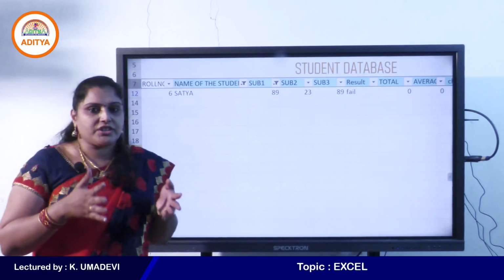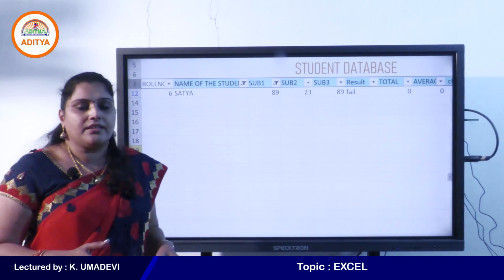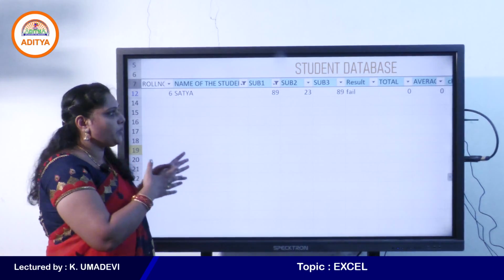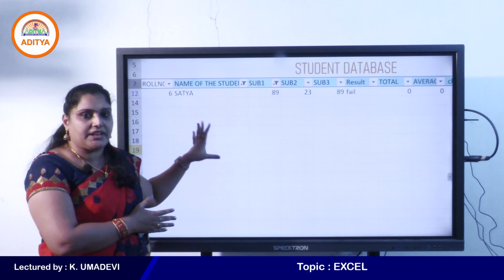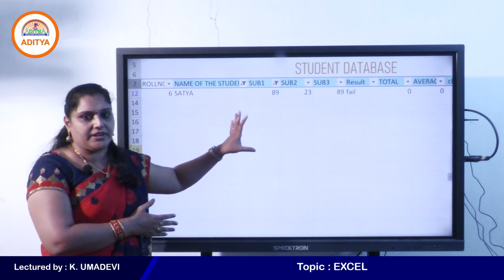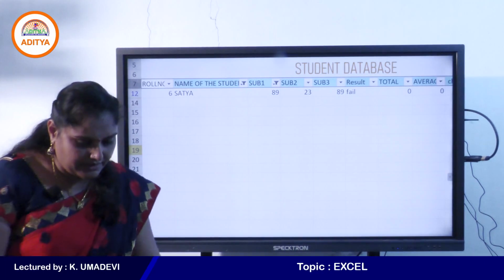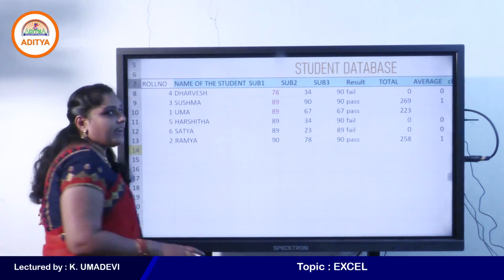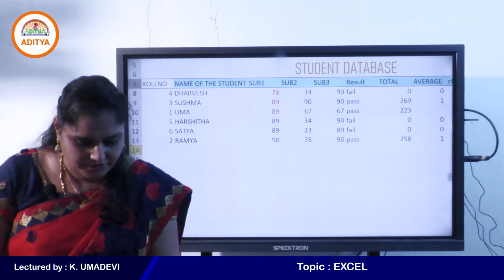So if your worksheet contains a lot of content, then the filter allows you to view only the information that you want to work with. Like this we can apply text filters and number filters, right students. Here I will remove the filter with Ctrl Shift L. Again I want to apply the filter, Ctrl Shift L.